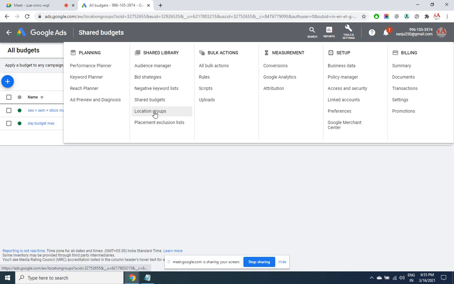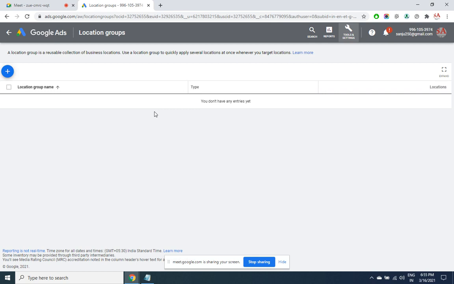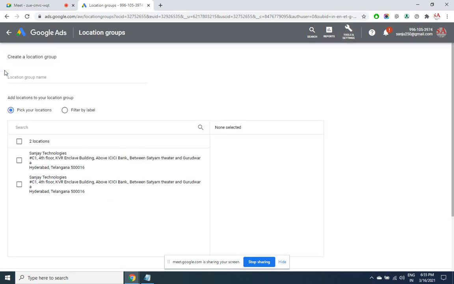I click on location group. I click on plus. See here, all the multiple locations will come here. You can even choose more locations. So from where will this come? Google Business Places. In the Google Business Places, you will be adding where all your business is present, where all your branches are present. You just have to select them. I don't have any branches, but in case it is there, then all that will be shown here and you can select it here.